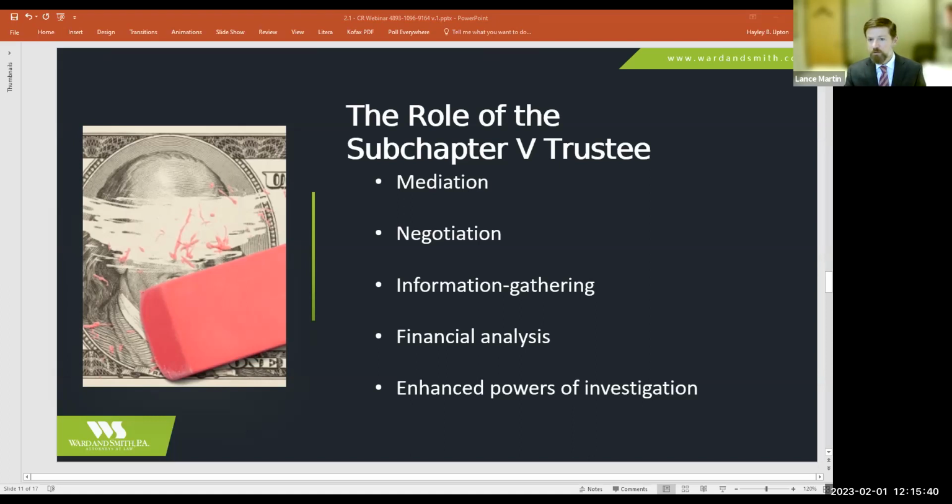Other trustees I have noticed are much more passive, and they just kind of sit back and let the case play out. But our role, the role of the trustee, is to facilitate a consensual plan of reorganization. So essentially try to mediate a resolution that doesn't involve plenty of protracted litigation. They can serve as an ally for you if you are not getting the information you need to make a decision on a plan from the debtor or the debtor's lawyer. The trustee can be a go-getter and go get you what you need.